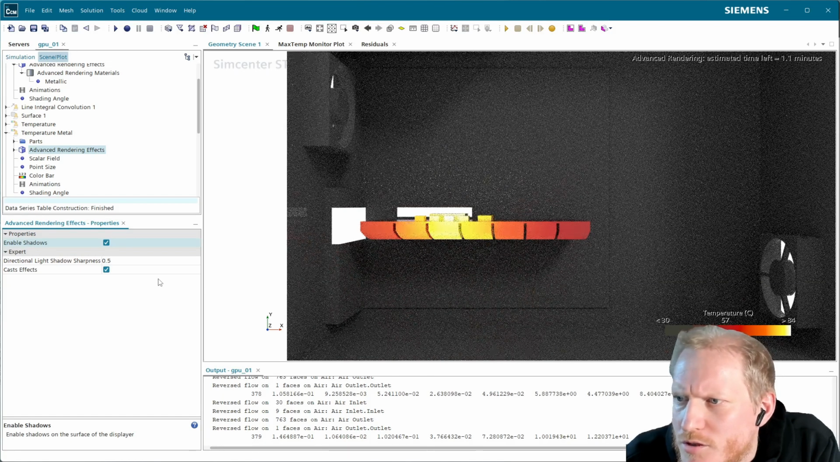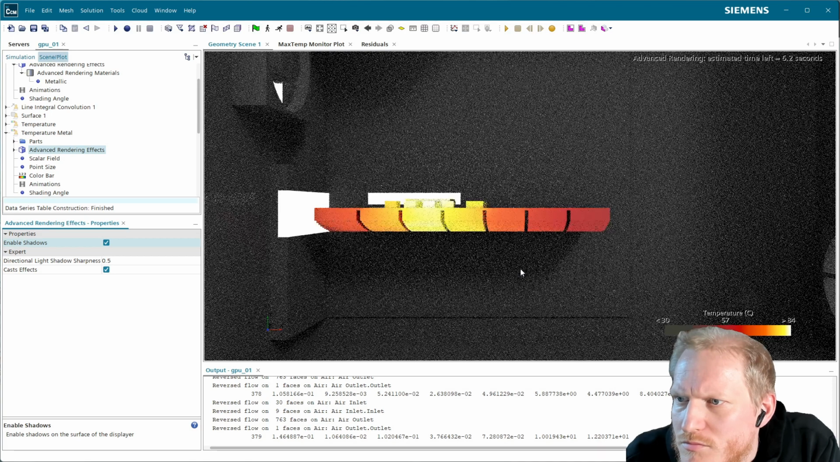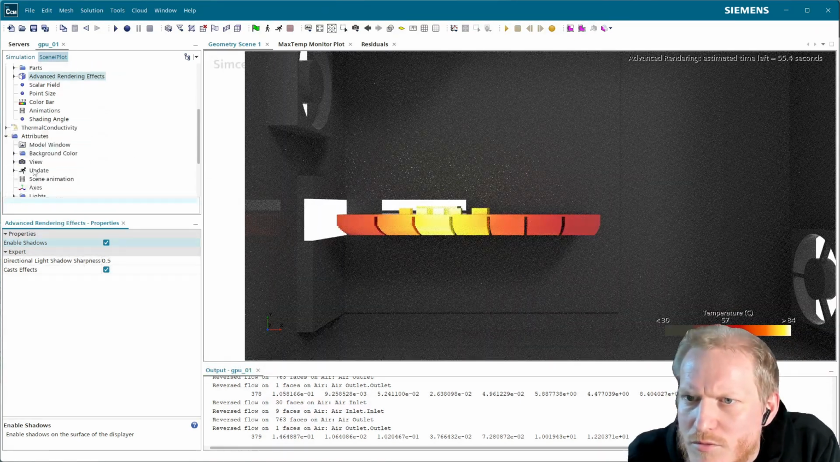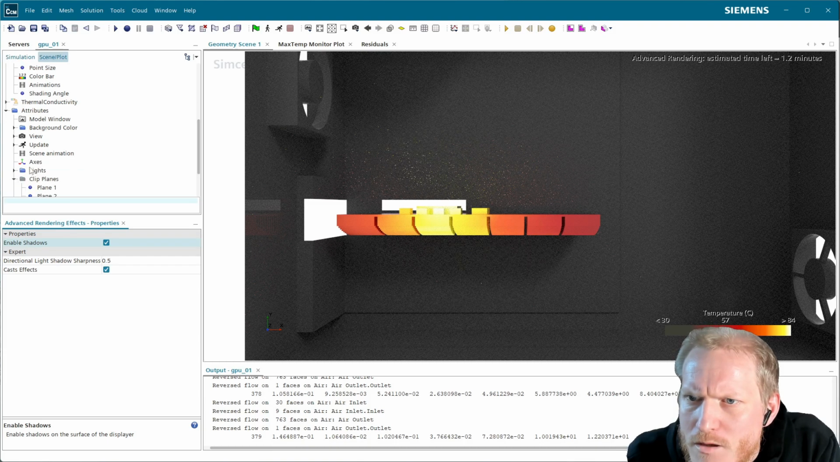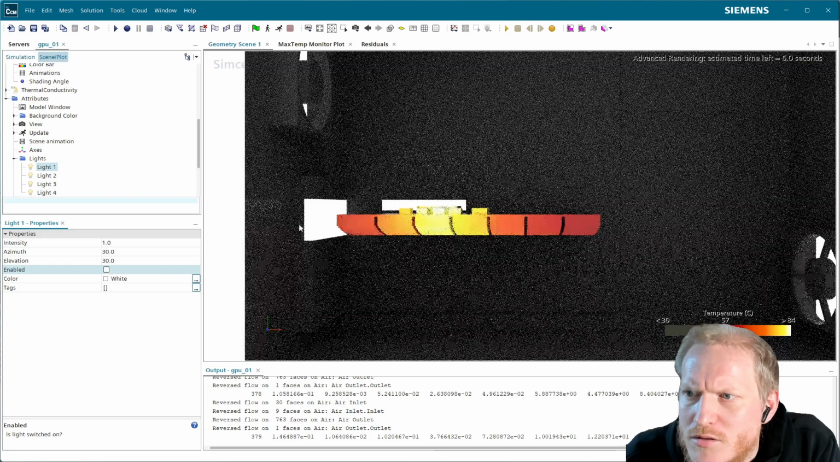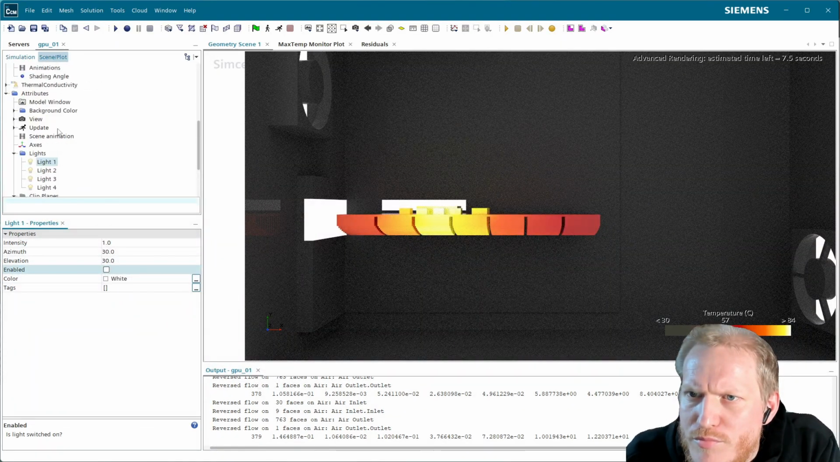Come on guys, you need shadows. It's like too bright for now. Can we maybe dim the lights a bit? And make the background